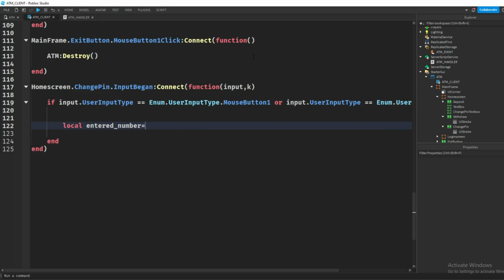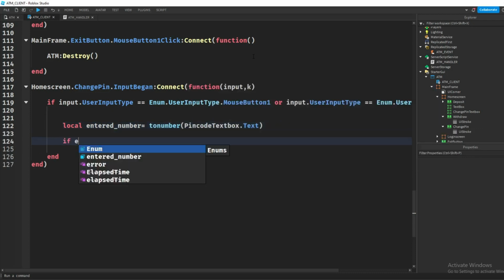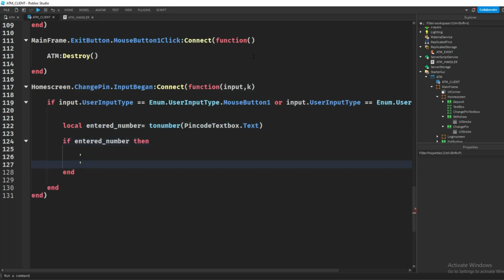It should always be a number, so local entered number is pin code text box, right? The text, it should be inside a true number, and if entered number, then